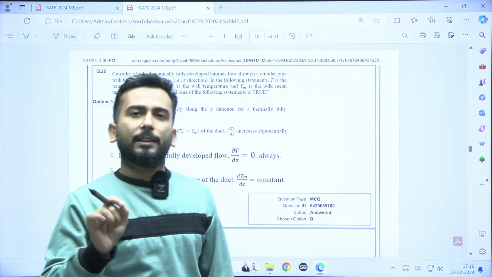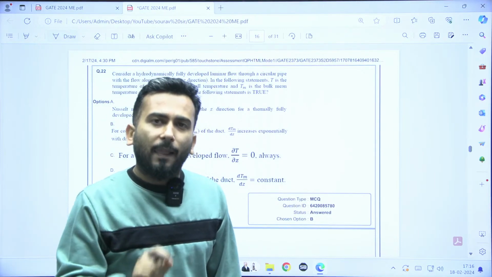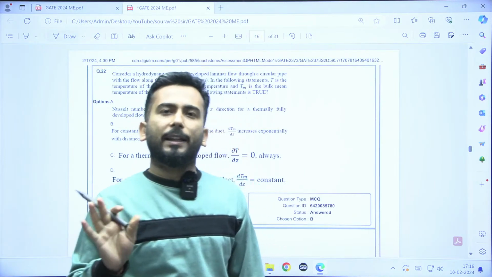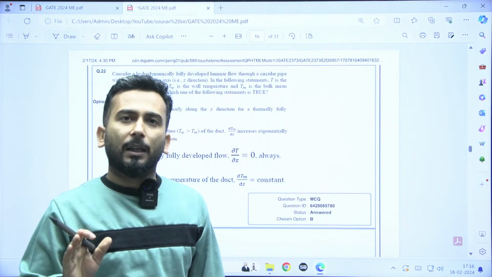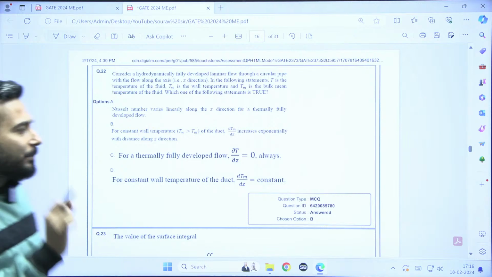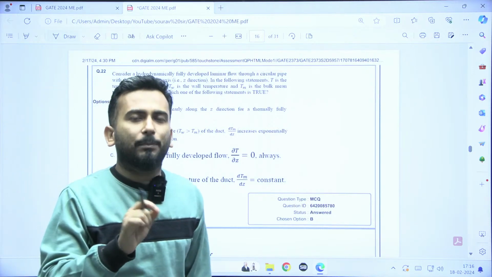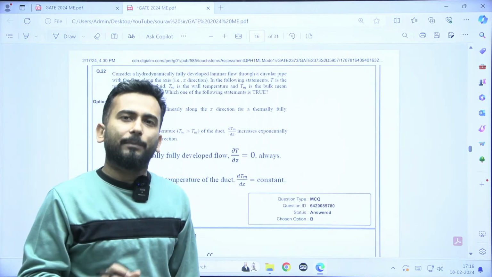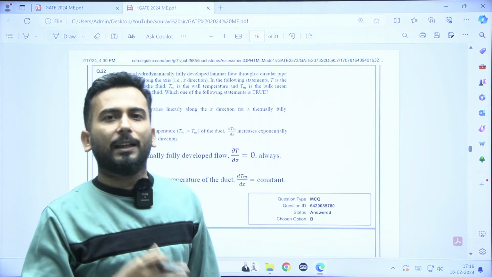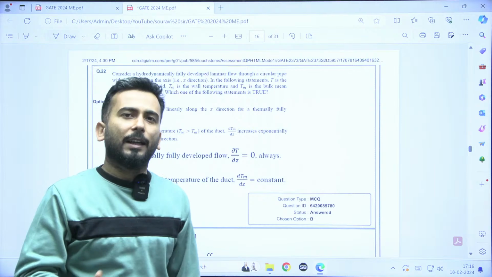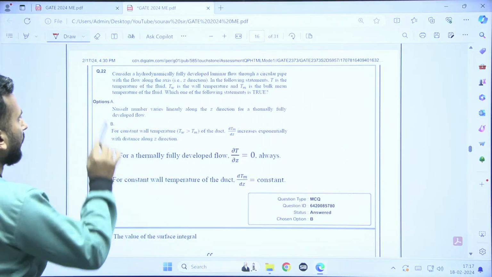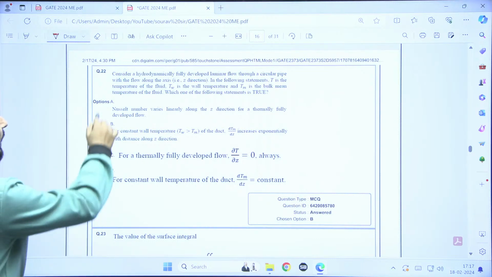Let me tell you, yes, questions based on numerical solving have come. In 2022 it has come like anything, where you have to solve the numericals, but among concept based questions this is one of the best. I think some controversies might be there regarding this question. The options are somewhat not clear. As per me, options could have been clearer, but if I have to select one, I would have selected this one.